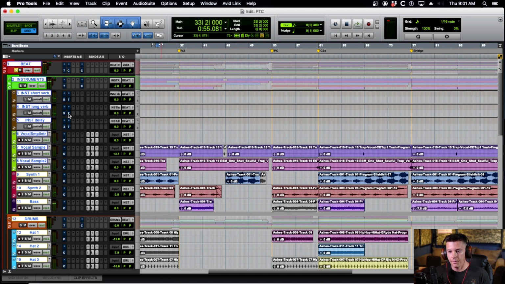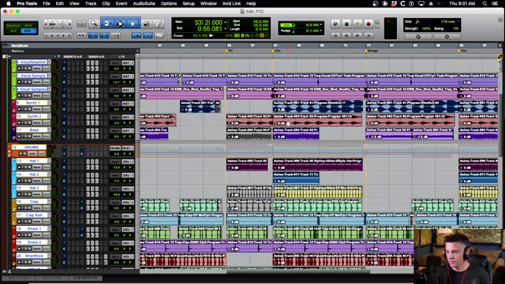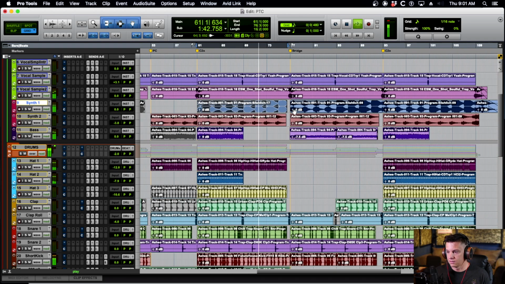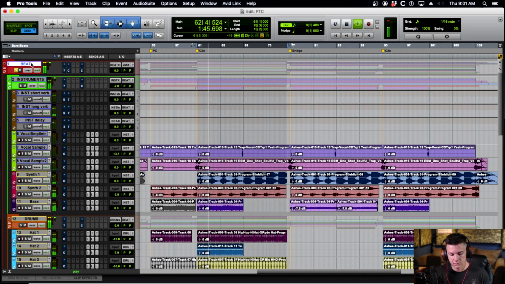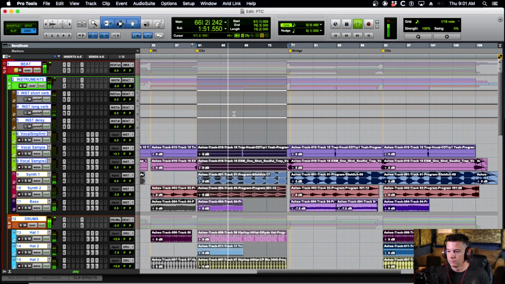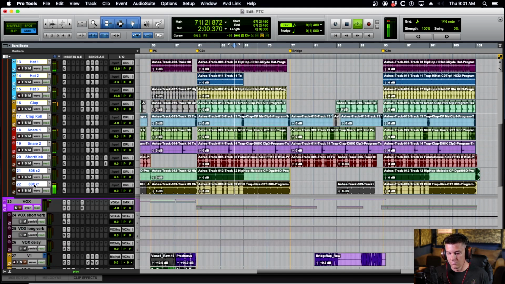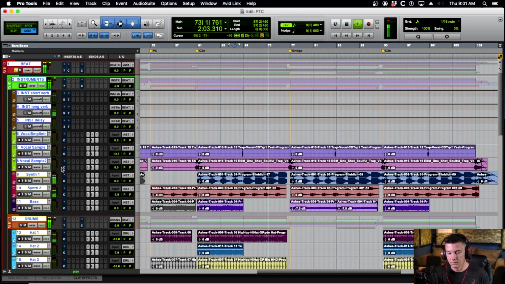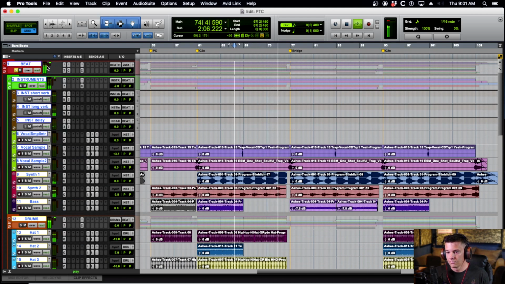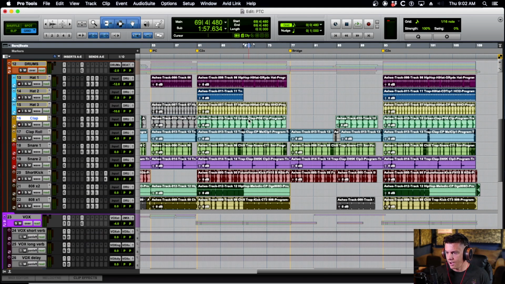So whenever these turn blue, I'm bypassing them. So we're listening to that. How does it sound with stuff bypassed? So it's a lot more compressed with stuff active, and especially you can hear it on the clap and the